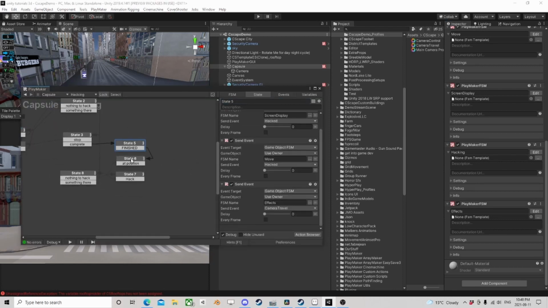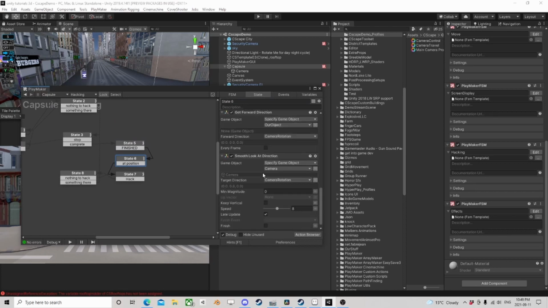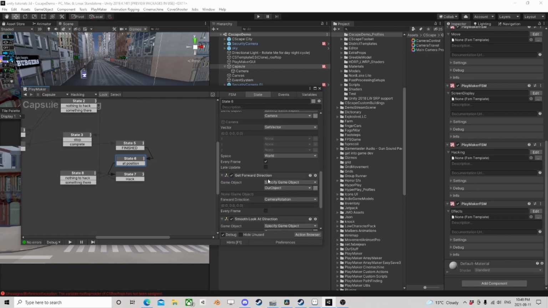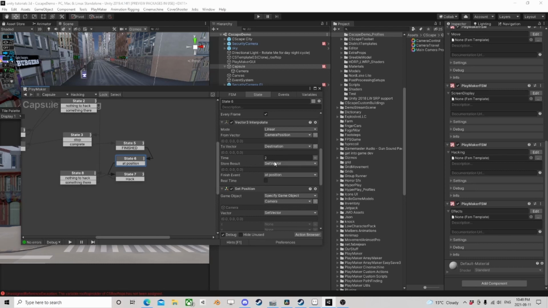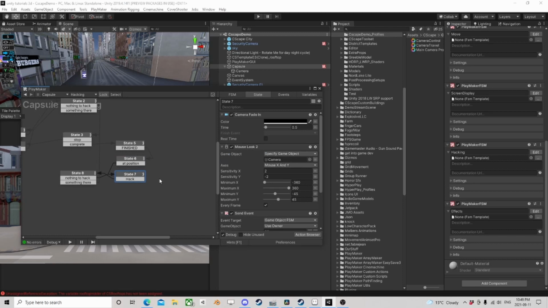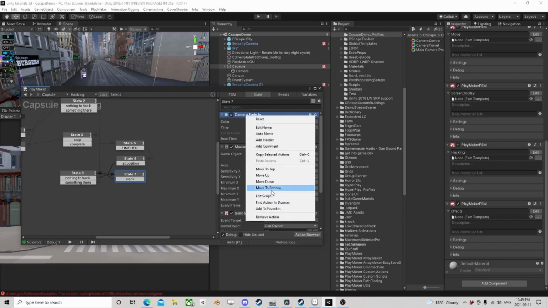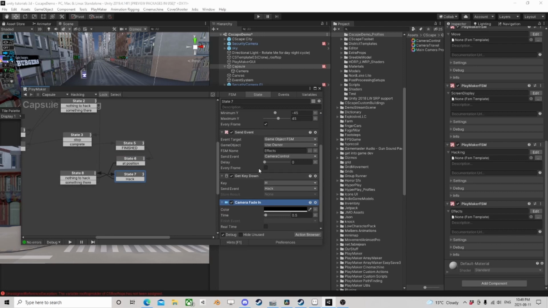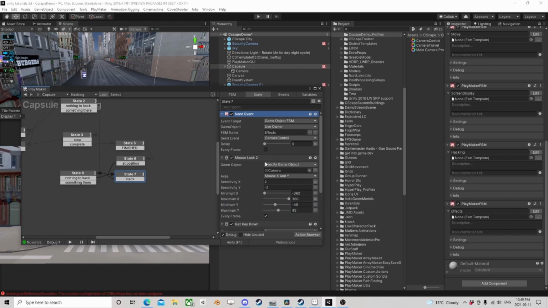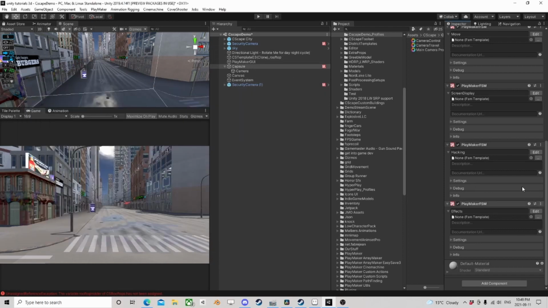Right, when this is going, and we have that time, well, the time's fine, but when we come here, I wonder if it's the fade time. Move that to the bottom. Move that to the top. See if that affects it. If not, there's other things we can do too, but